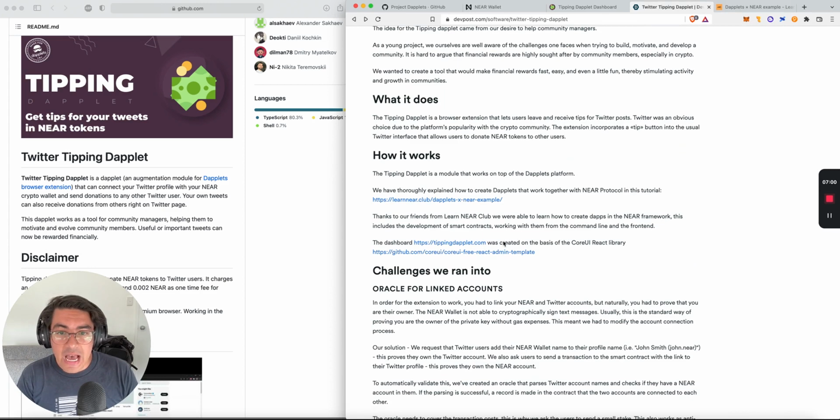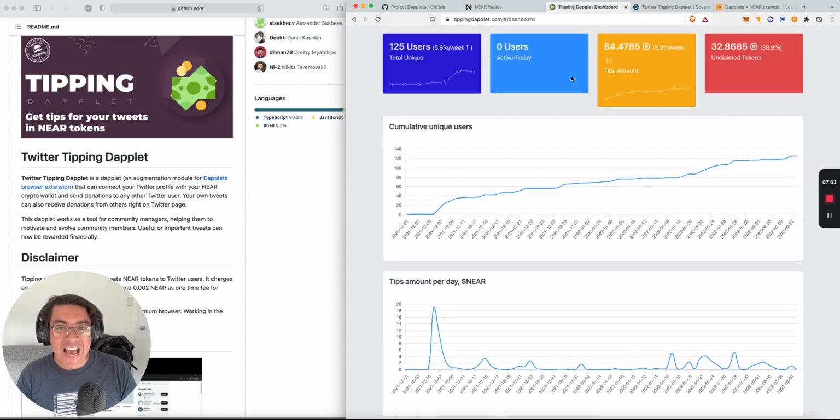And they also have a really interesting dashboard. So we can see that this is just getting started. I am showing the dashboard mostly for historical purposes. Let's see how many users we can get up to. I reckon we can get to 1,000 users. Woo! Now, the most interesting thing about the statistics to me is that there has been a total of 84